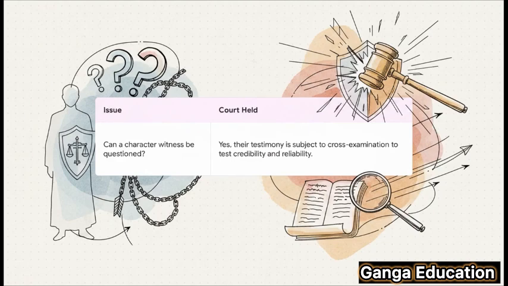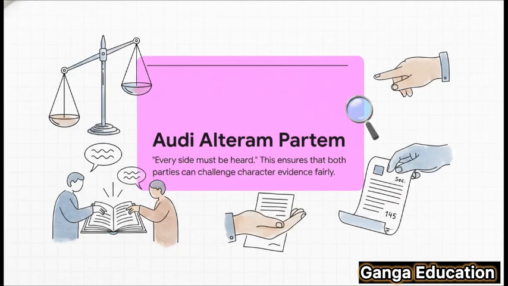सुप्रीम कोर्ट ने बिल्कुल साफ कर दिया था कि एक कैरेक्टर विटनेस की टेस्टिमनी पूरी तरह से क्रॉस-एग्जामिनेशन के अंडर आती है। कोर्ट ने कहा कि ऐसा करना उस गवाही की क्रेडिबिलिटी और रिलायबिलिटी को टेस्ट करने के लिए ज़रूरी है। सीधे शब्दों में, कैरेक्टर विटनेस को कानून में कोई स्पेशल इम्यूनिटी हासिल नहीं है।